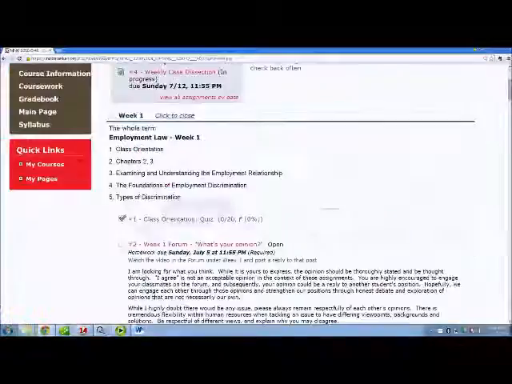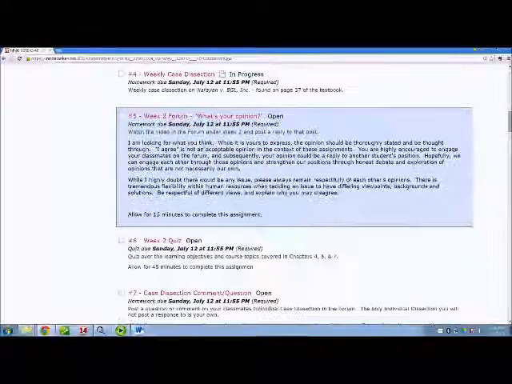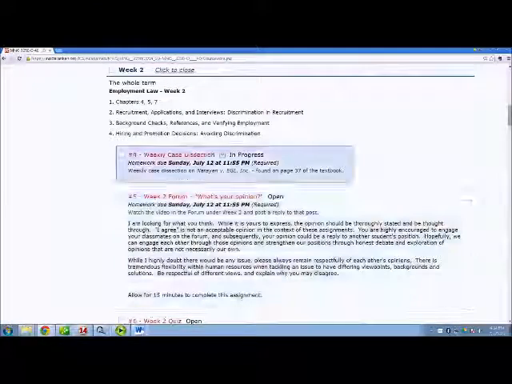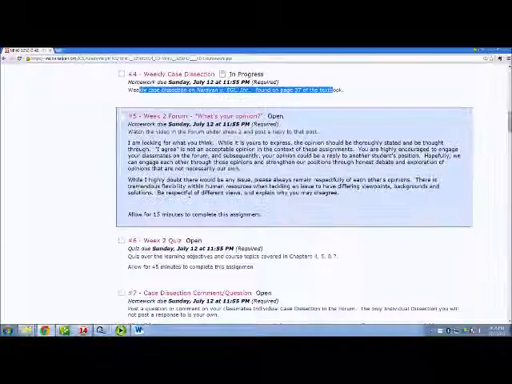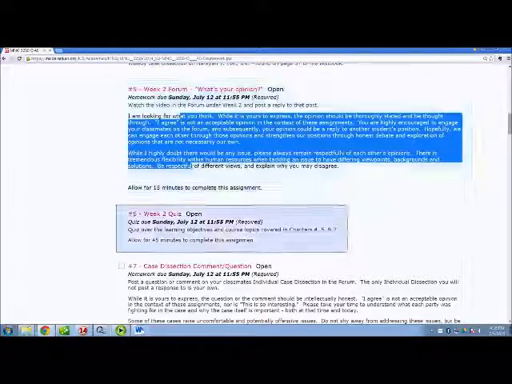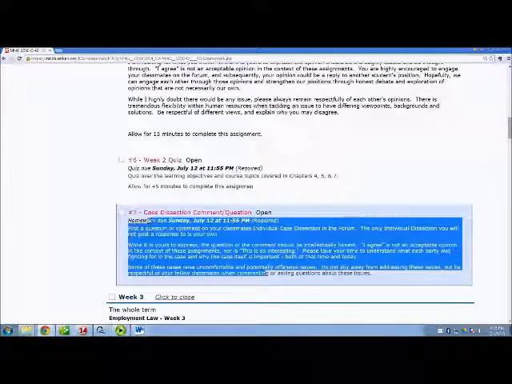And if we sneak a peek at the coursework, every week after that looks fairly similar. Every week, you are going to post a weekly dissection. This is from the book. Everyone's doing the same weekly case dissection. You're going to have a what's your opinion? You will have a quiz, and then you will need to ask a comment or a question on someone's dissection